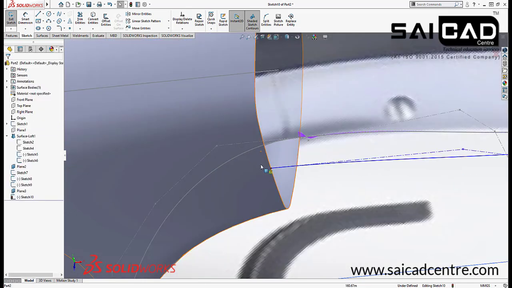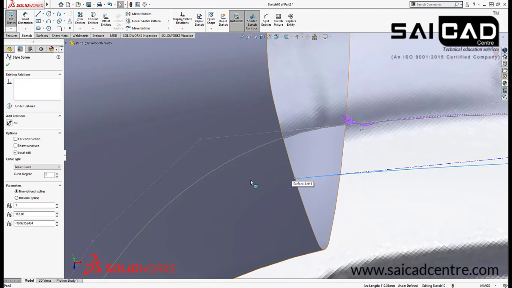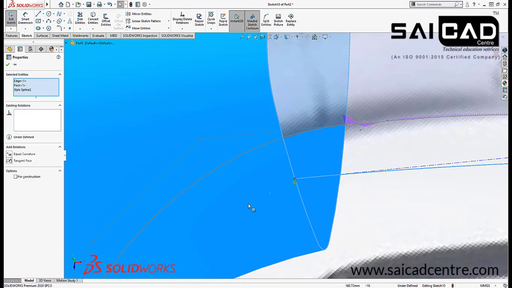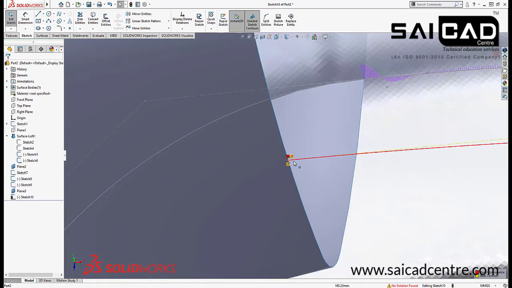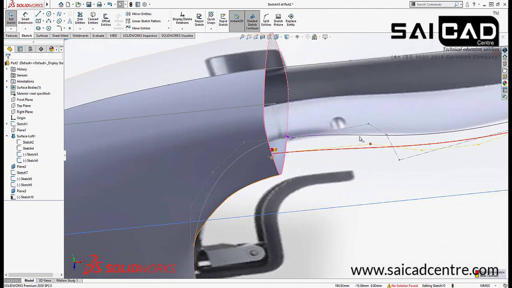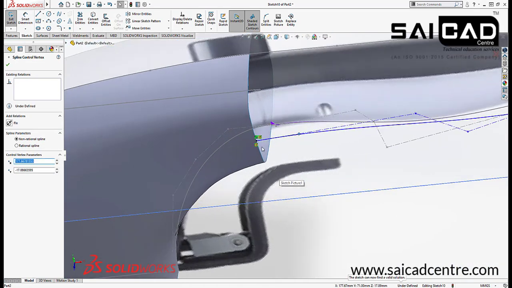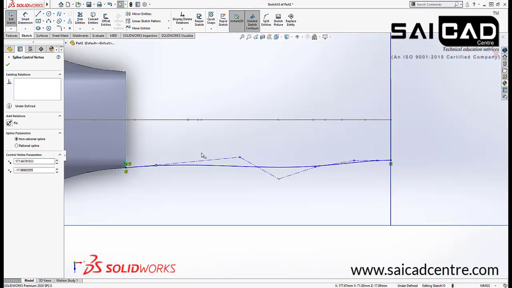Okay, so if you want to add a relation here, so if you want to create a curvature continuous, just select the two and select this face, and you will get the equal curvature here. The curvature will be from this face. Okay, so we have some error here. So for that we need to adjust the shape. Okay, so adjust that a little bit and go to the top, and you will get the curvature continuous from